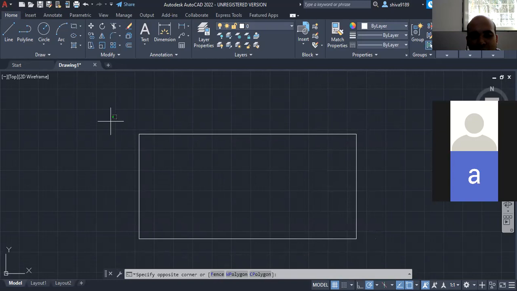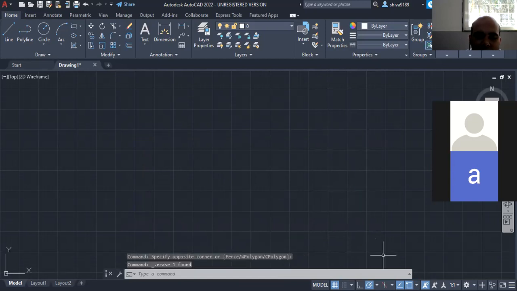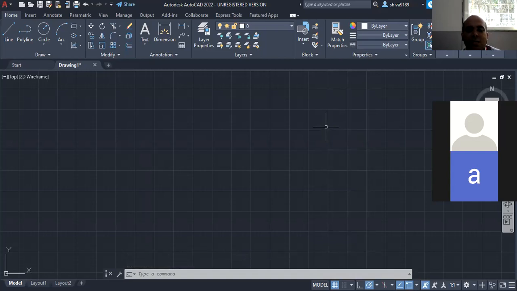There are two terms that I've explained to you now. First is units, and the next is drawing limits. Okay, this much is done. After that, we have to see how to move out of the command. That also I told you, which is to press Escape. Now, how to draw a line. First we'll draw a line. Just have a look. We will type in the command line, L-I-N-E, and press Enter.